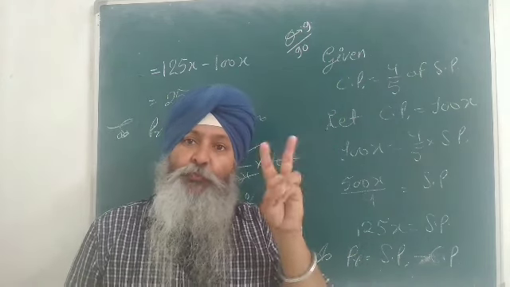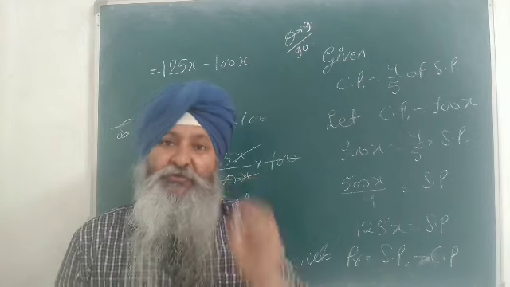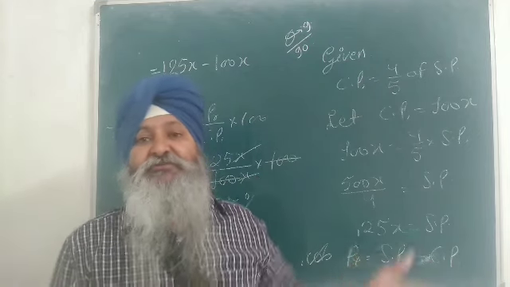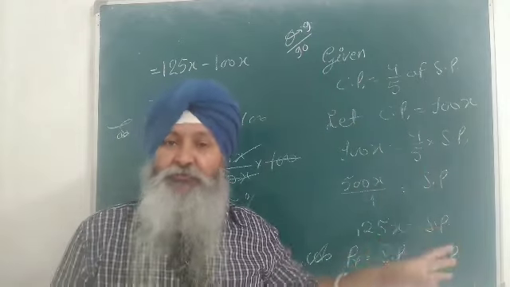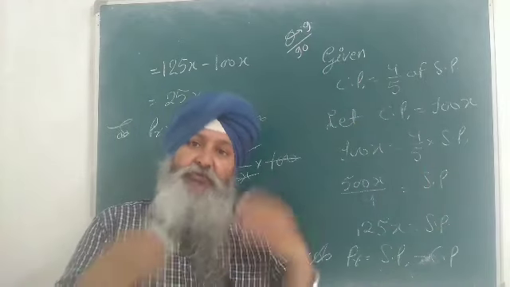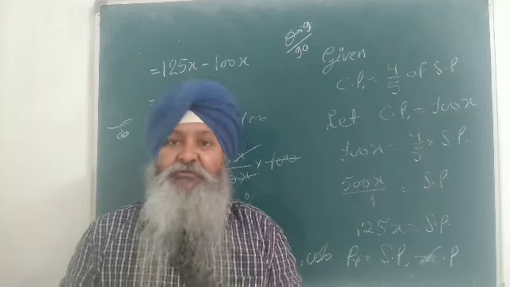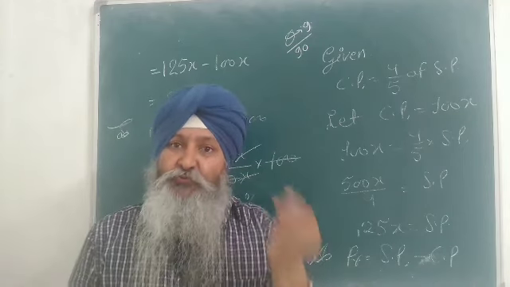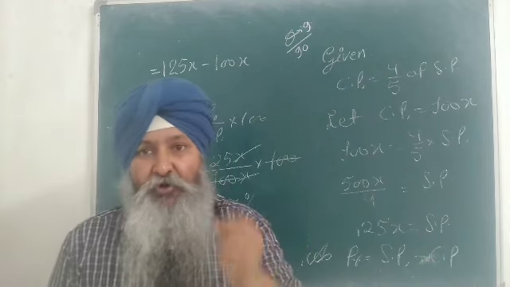And when I don't know both of them, I prefer to assume the cost price. Why? Because cost price is the initial thing, selling price is the byproduct of it. If you are purchasing something, only then are we able to sell. This is common sense. So due to that, when there is confusion, I have to assume one, and I prefer to assume cost price.